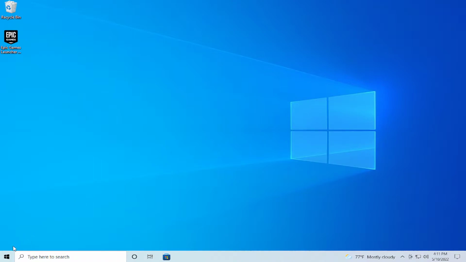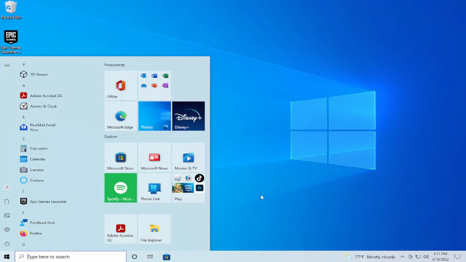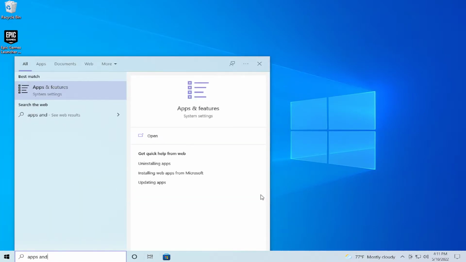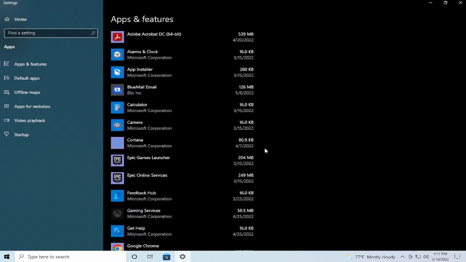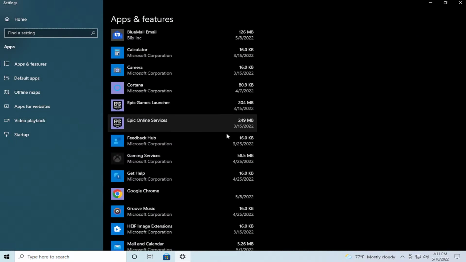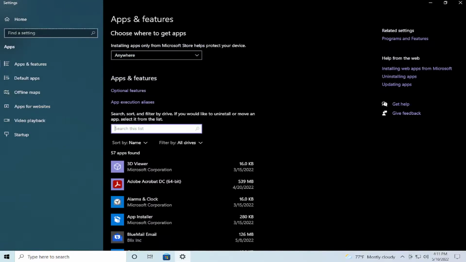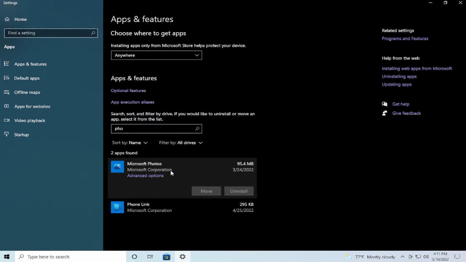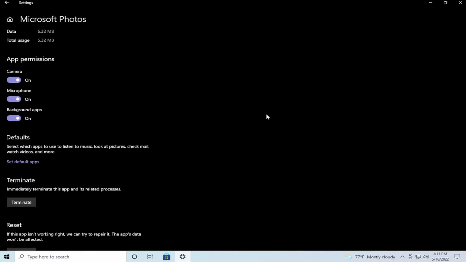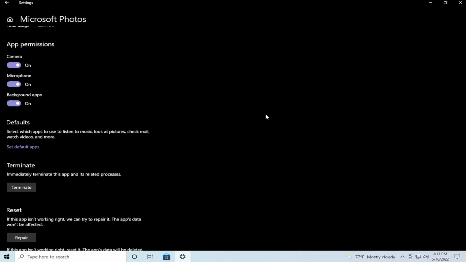The first step is to go to the start menu, search for apps and features, and hit enter. Scroll down and browse for your Photos app, or search for Microsoft Photos, click on it once, and select advanced options. Scroll down and select